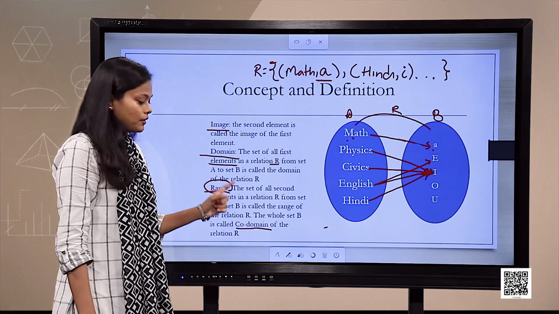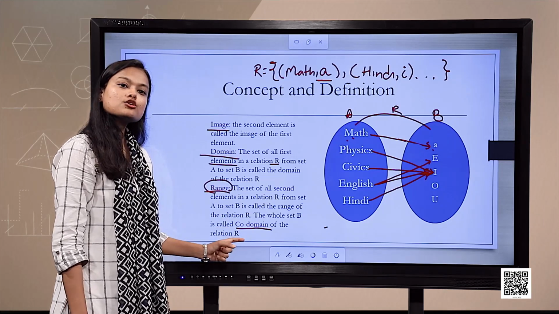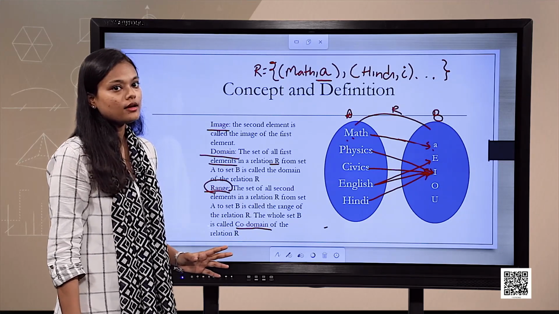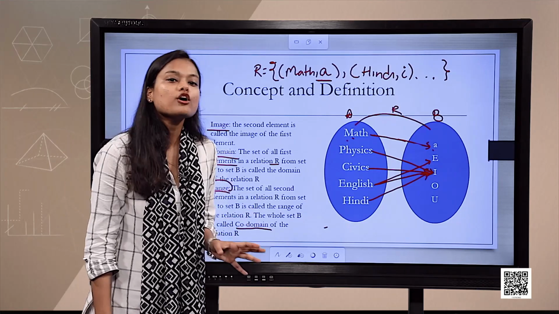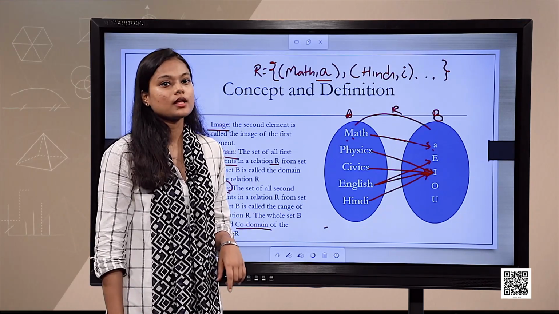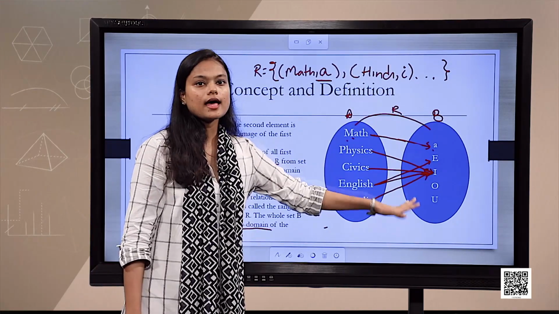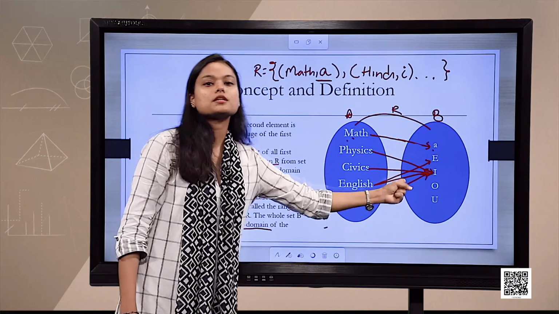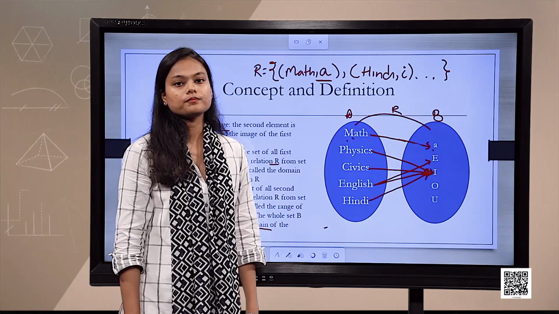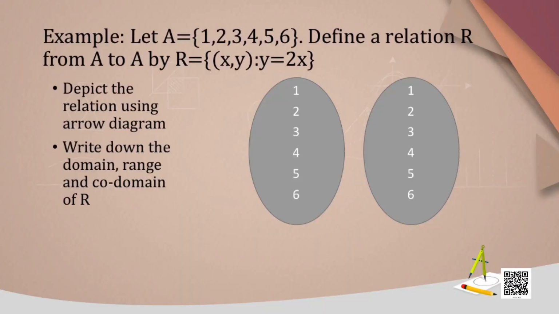Obviously, we can depict the relation between the two, range and codomain. Range is a subset of codomain. It can be full set B and it can be a proper subset of B as well. So, let us move further